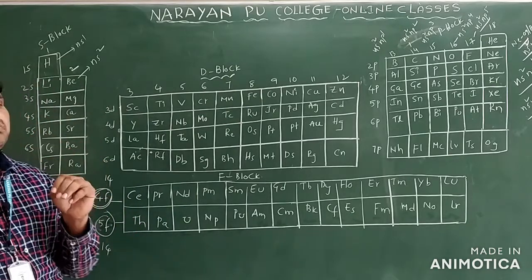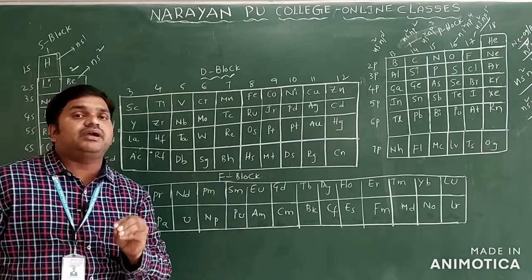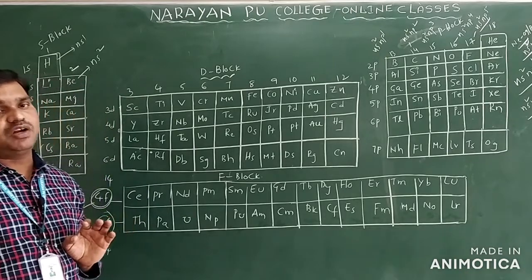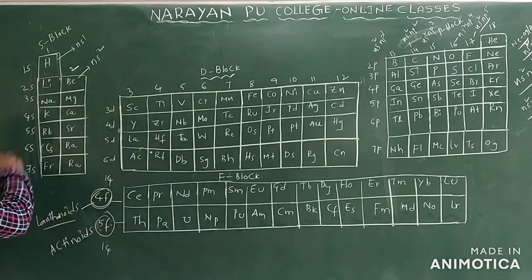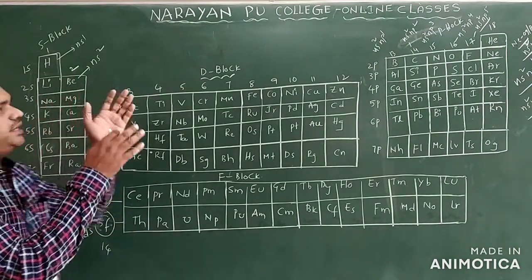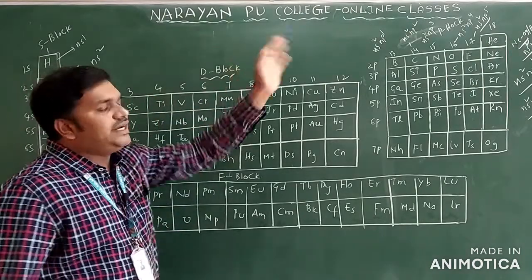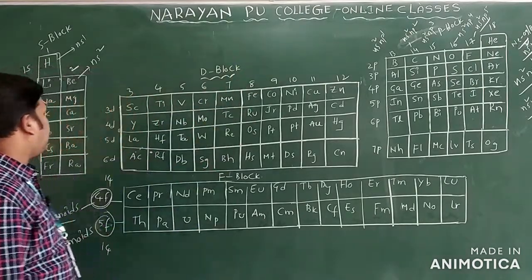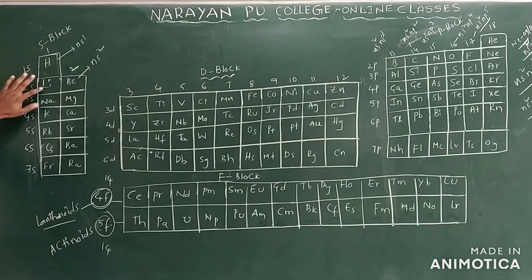So this is regarding the classification of the periodic table into what? 4 blocks. It mainly depends on what? Electronic configuration only. You will see how many groups we have. So total we have 8, and here 18 groups are there. How many periods we have? Here 7 periods are there: 1, 2, 3, 4, 5, 6, and 7 only.